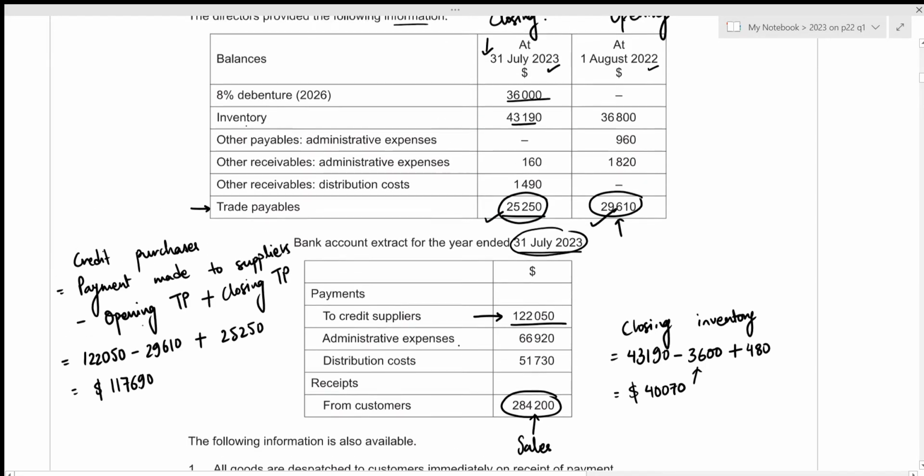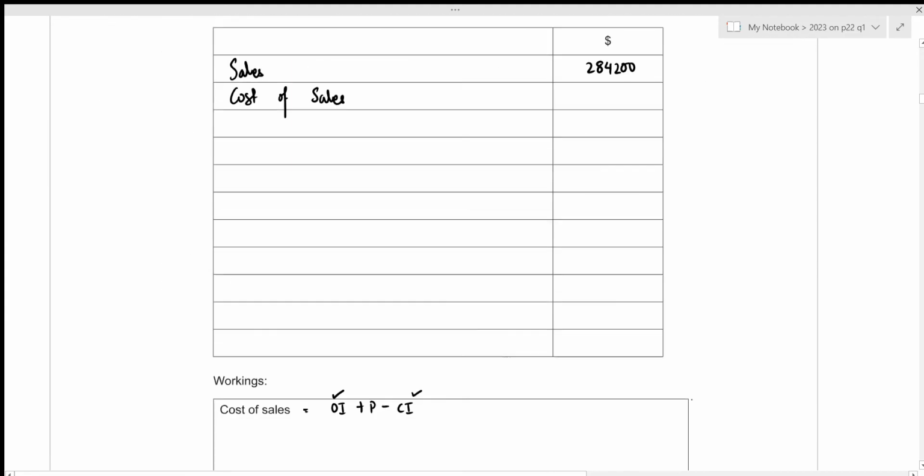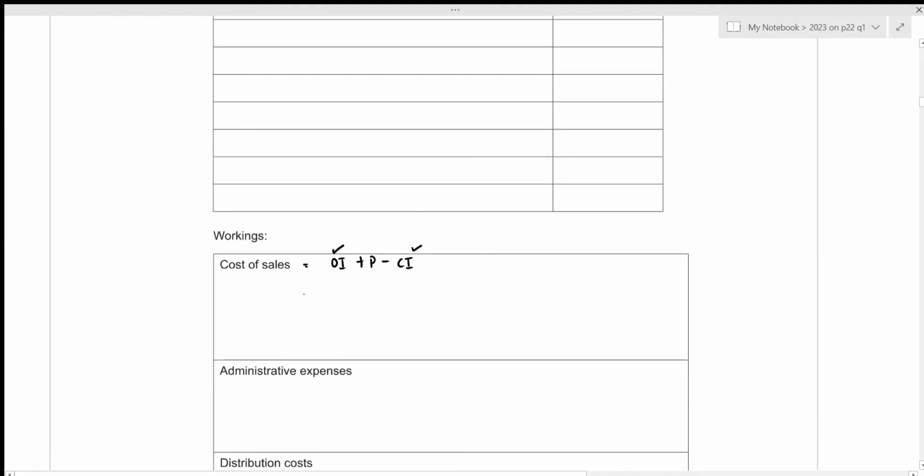117,690. Okay, we have our opening inventory to be 36,800, and we figured out the correct value of closing inventory to be 40,070. Now we can easily figure out the total for our cost of sales. So the opening inventory was 36,800. We figured out the purchase to be 117,690. Then our closing inventory was 40,070. Now this gives the correct value for cost of sales to be